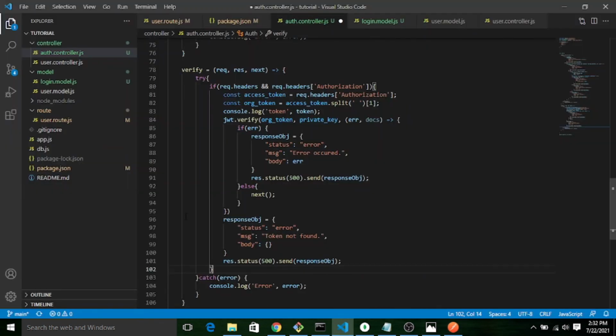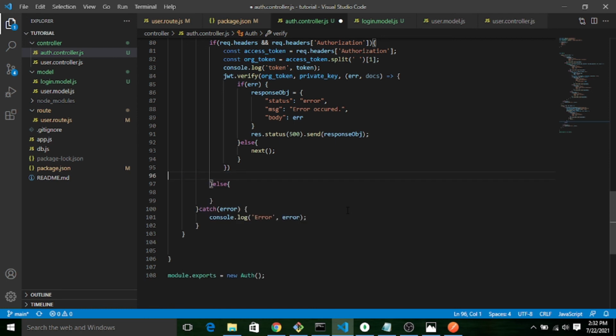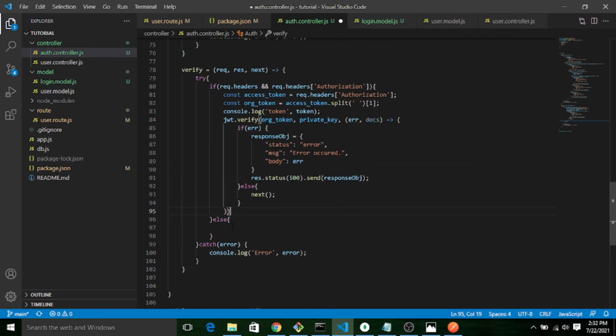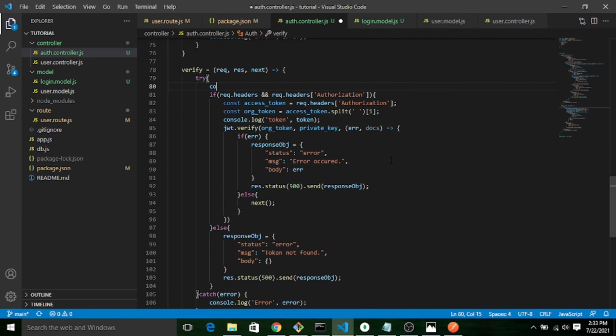Let me modify the code a little bit. Let me put here one else condition and write the error response. Okay, so here let me print the header part, and we'll check actually whether the token is coming with header or not.